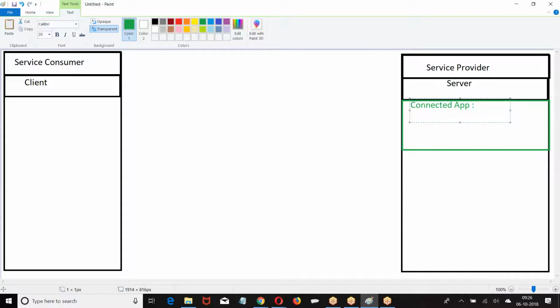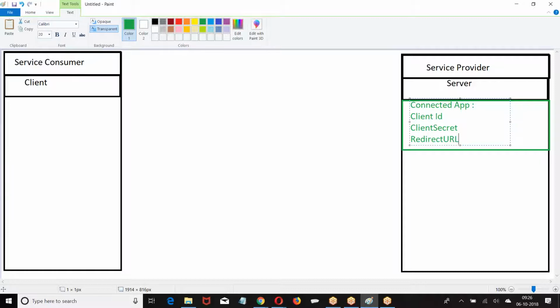When they created a connected app, they had a client ID, client secret, redirect URL. Here, we will not create any user with username password. I am not going to share any username password with the client.